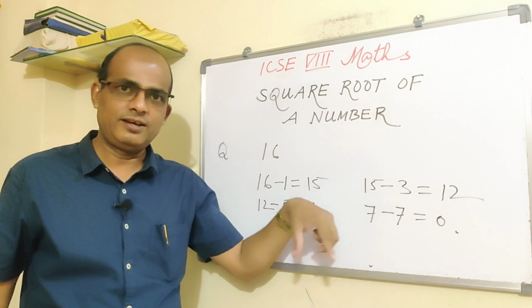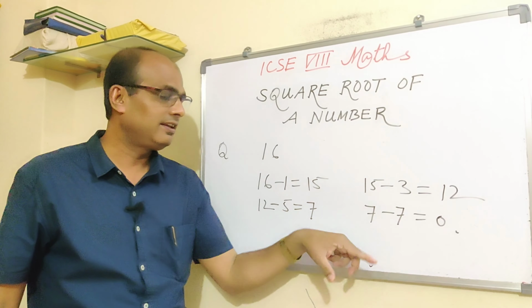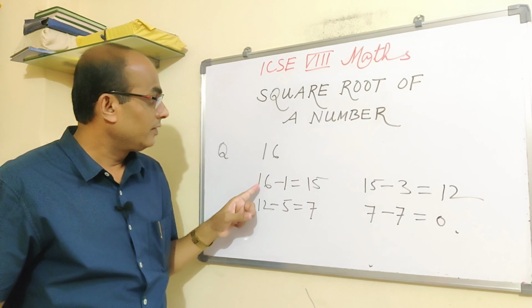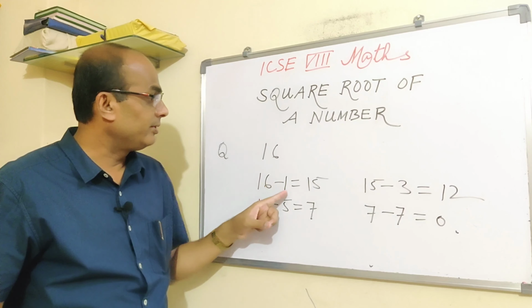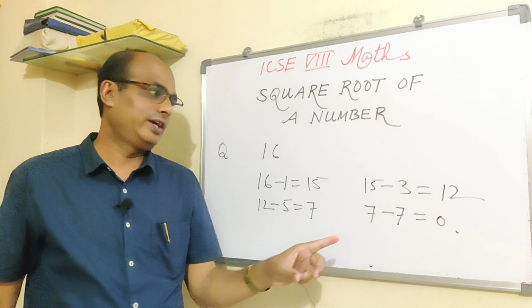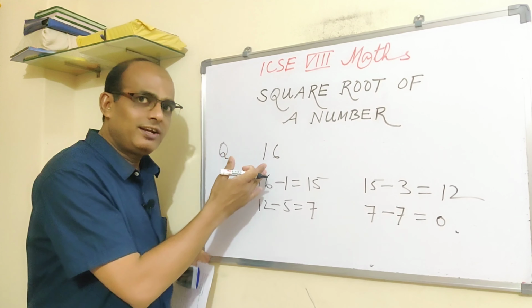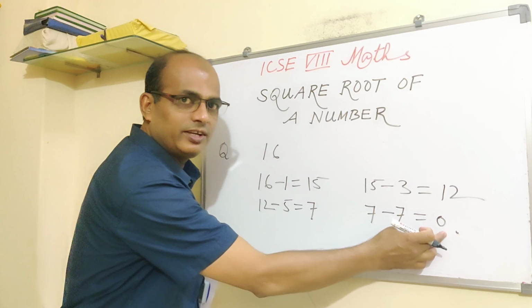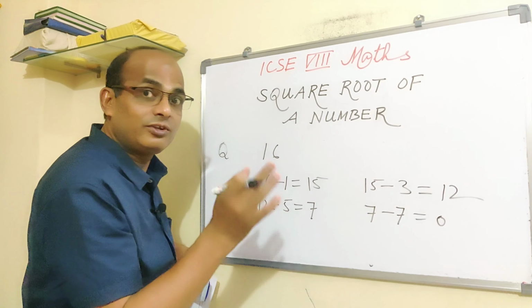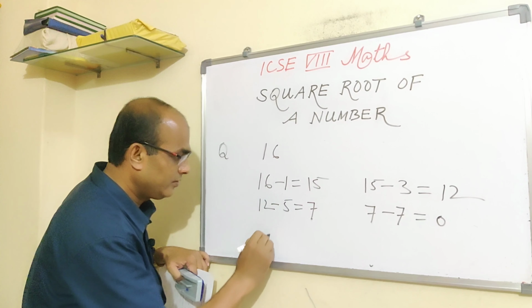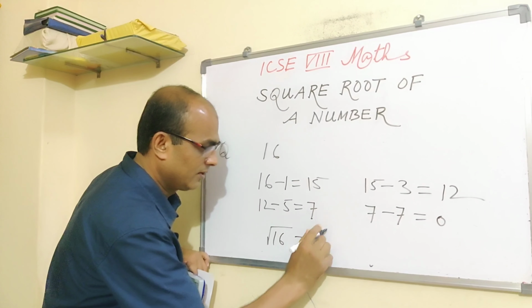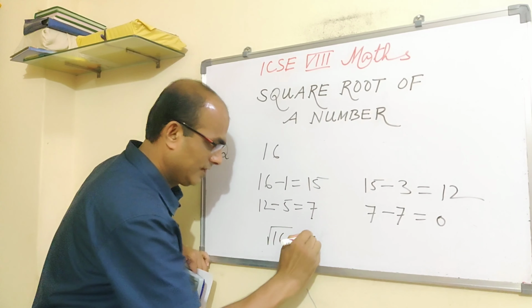Alright, so see, we are subtracting. What are we subtracting? As in the beginning, when I was explaining, I told you we have to subtract 1, 3, 5, 7, etc. So 16 minus 1 is 15, then 15 minus 3, like this, and then we see 1, 2, 3, 4. 4 times we have subtracted to get 0. So if someone is asking if this is a perfect square number, yes, it is a perfect square number because we are getting 0. And what is the square root of the number? The square root of the number is 4, because 4 times we are subtracting.